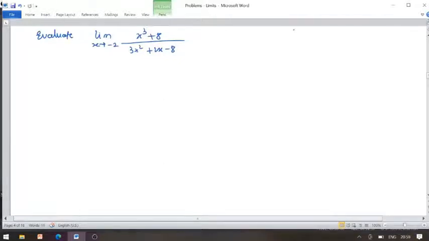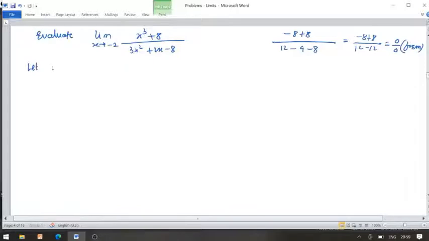So yes, minus 2 cube is minus 8, plus 8, we are having zero in the numerator. Minus 2 square is 4, 4 3s are 12, 2 2s are 4 plus minus minus 4 and minus 8. So after all we have minus 8 plus 8 divided by 12 minus 12, so it is of the form 0 by 0. So we have to apply the method of factorization, no doubt.